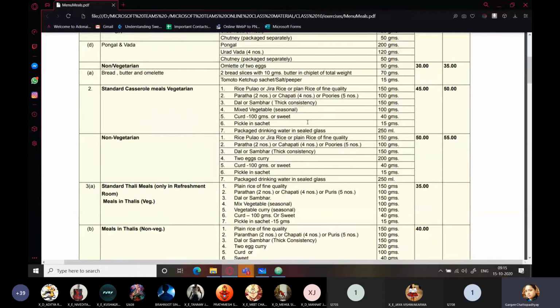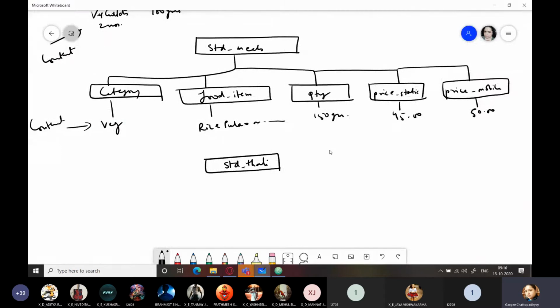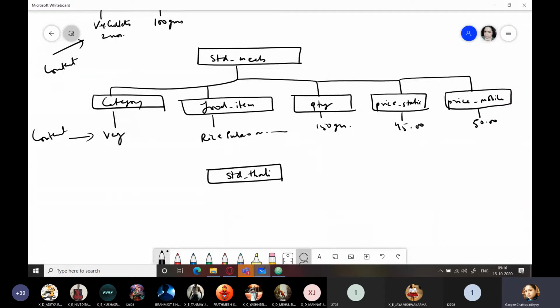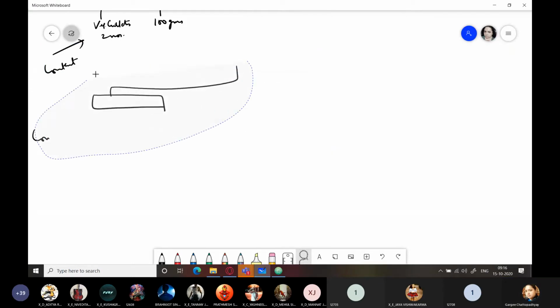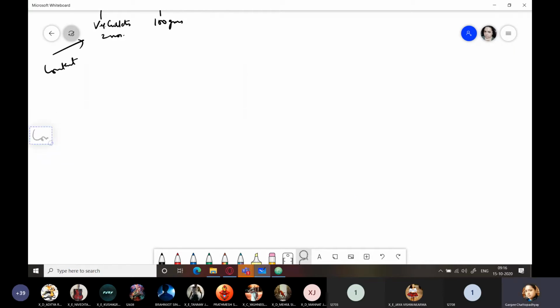Okay, one thing students, one minute. We have made a mistake. Just take a look at this. This is never available separately. It always comes as a pack. Yes, it always comes as a pack. So we have made a very big mistake. Just wait. Okay, give me a moment. We are going to redesign this. All these things are never available separately, if you remember. So we will be doing it once again, right?